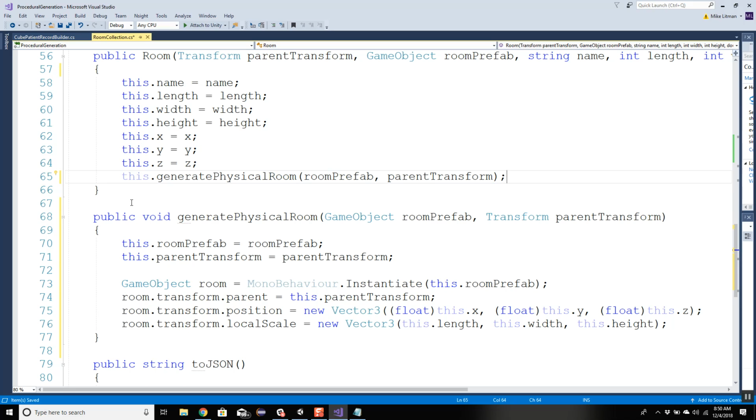Okay, so we haven't changed any of the code. We just moved those lines into its own function. And then when we normally call our constructor, we'll go ahead and call that function because that function does what we want it to do. Similarly, now that I have this public function that hooks up our room prefab and our parent transform and then generates our room,